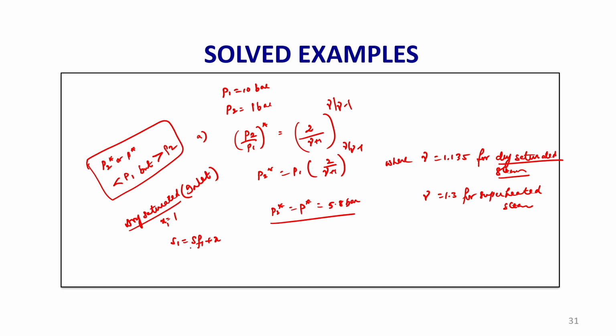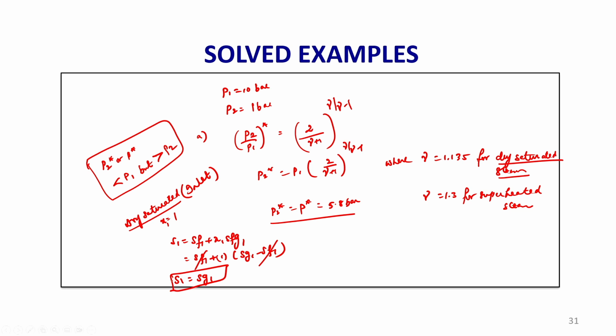Here X1 equals 1, so this is Sf1 plus Sfg1, which can be written as Sg1 minus Sf1. Sf1 and Sf1 get cancelled, so the entropy at 1 is equal to